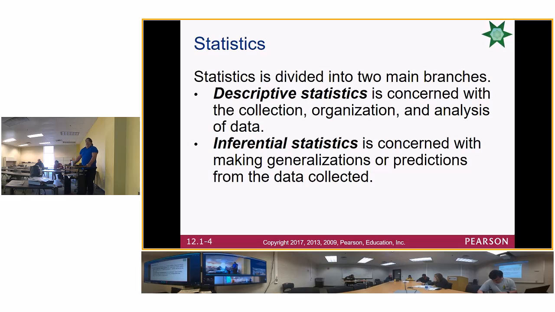Anyway, if you were to take that data, which is not your data, why is it not your data? It's DOT's data, right? So you're not using your data. You're not using your test grades. And you say, as sheriff of Anderson County, we'll probably have around 20 DUI deaths this year. Are you using descriptive or inferential? You're using inferential because, one, you're using somebody else's data, and two, you are making a prediction.